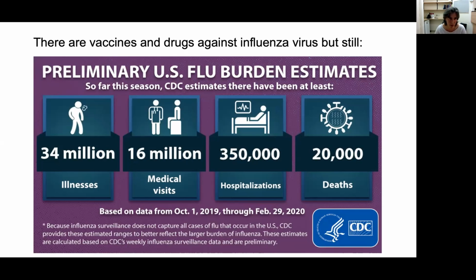But you have to remember that for influenza, this slide describes only this last flu season in the US. In the US only, we have over 34 million influenza cases and 20,000 deaths. And we do have a vaccine, but most of us don't go